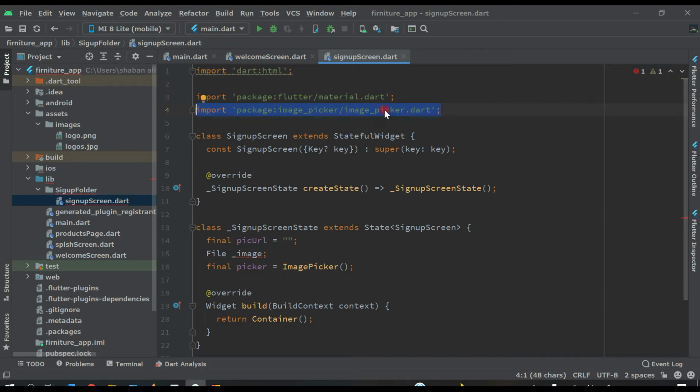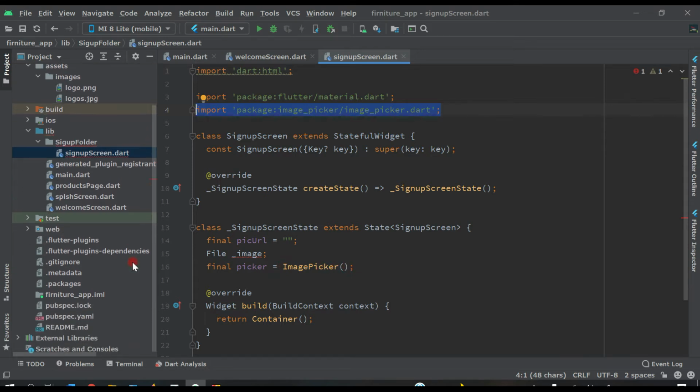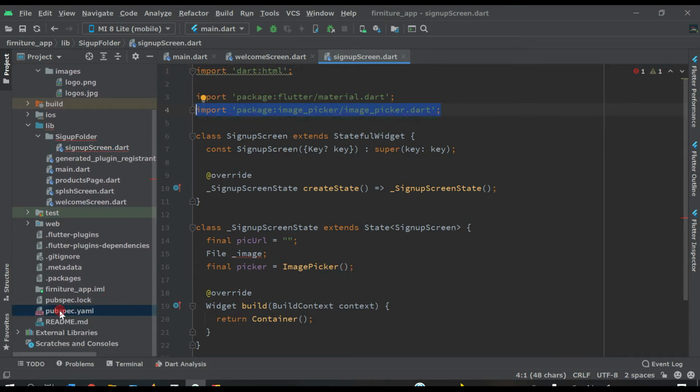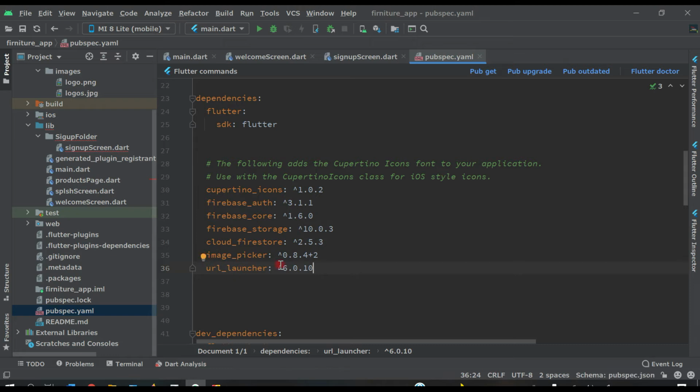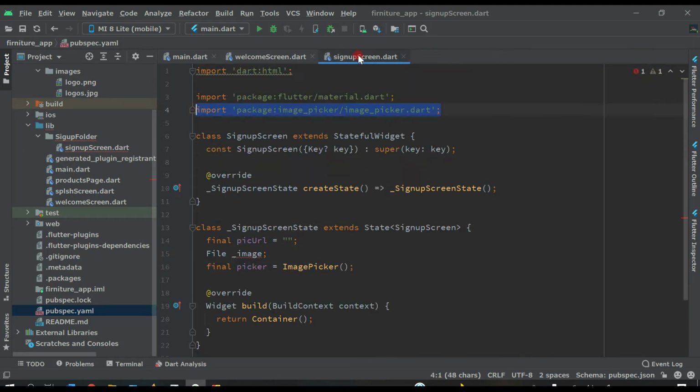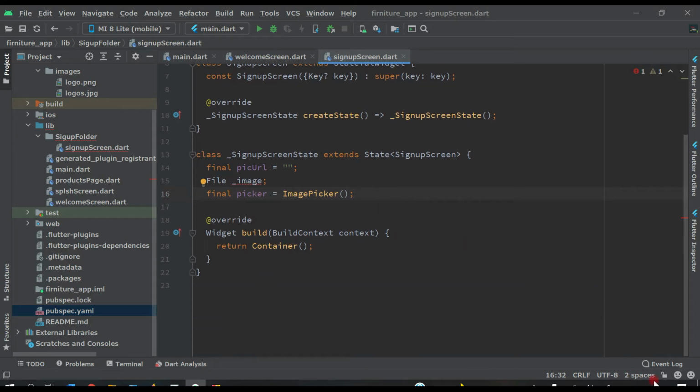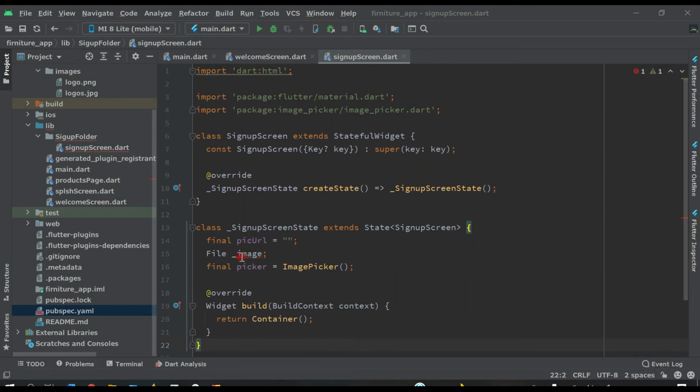And you know guys, you remember this image picker is working because we added the dependency in pubspec here. You can see this image picker, so this dependency is used for what we are working on. Now after this, you can see there is one error also, because it automatically imported this.